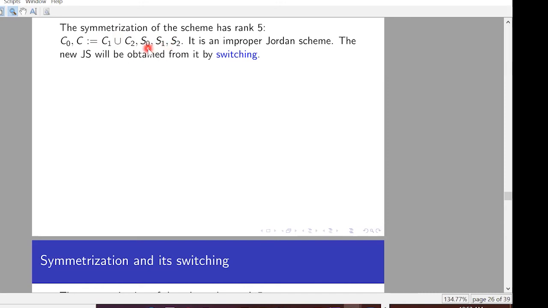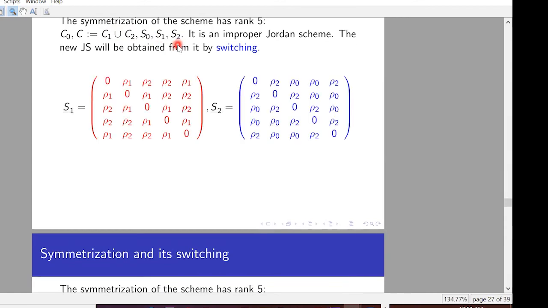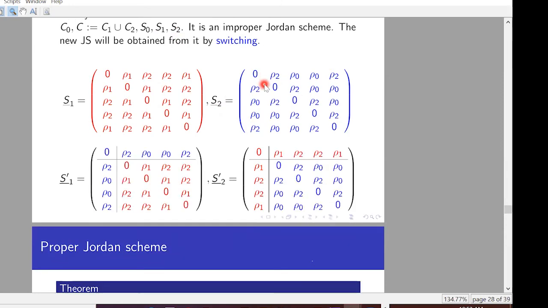Color 0 is untouched, but between the first and the second colors, we do the exchange. In matrix form, it looks like that. So I take S1 and S2. Now I take the first row and first column from S2 and add it to S1, and the first column and first row from S1, I put in S2, and I get,